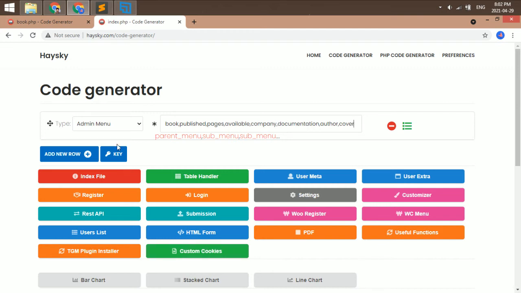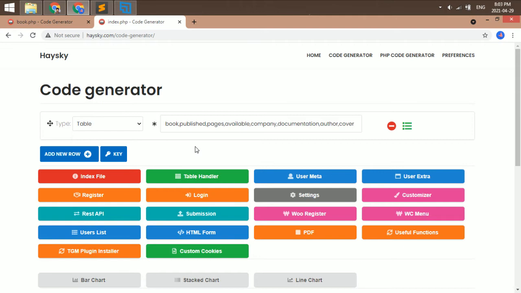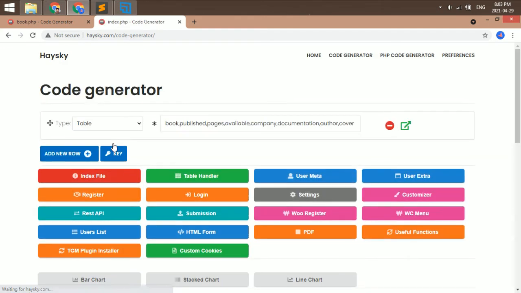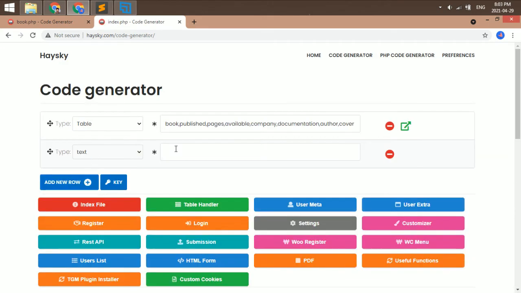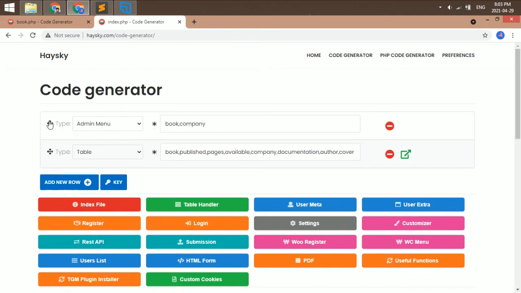Okay. Now we should keep this as a table. So we are creating the table now. So we should keep this as table and then click on index file. Actually, you should do it both at once. So like this you have to make, and then you can keep admin menu. So you have to add these two and then click on index file.